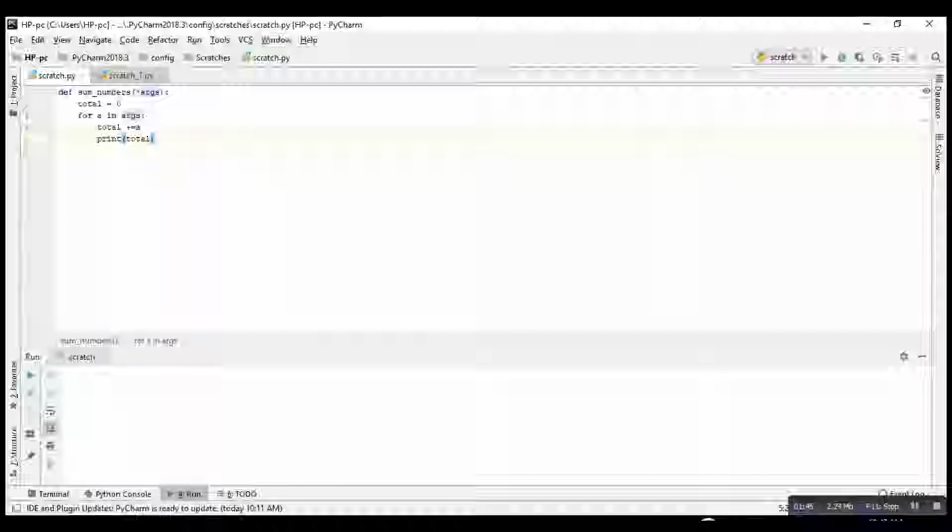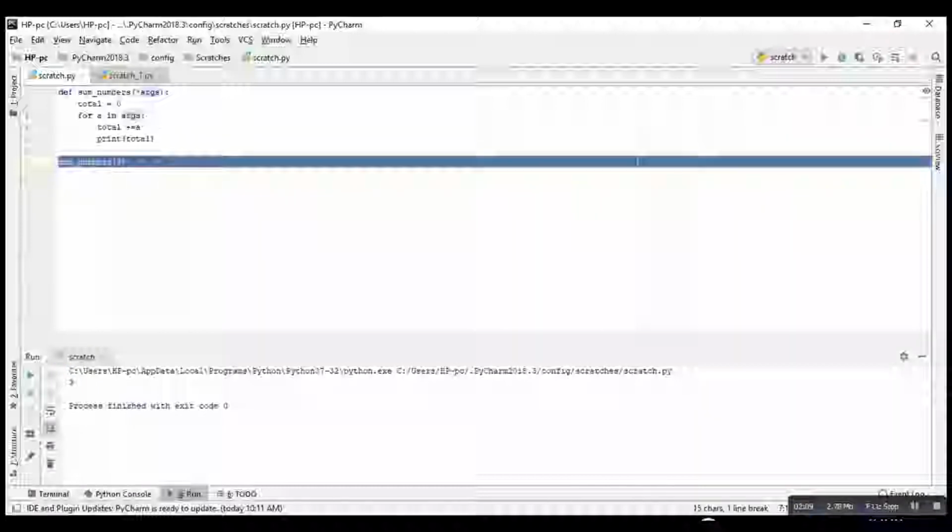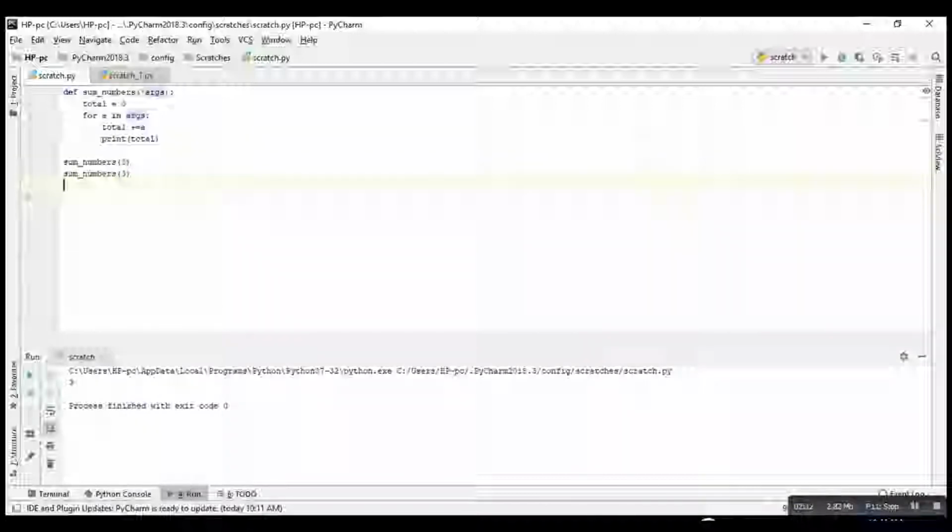And when I'm going to do it, I'm going to say that I'll be adding the numbers, and for example, I put in 3 initially, and I'm going to run the function. It will show 3. So, how many numbers do I want to add? I want to add some other number, for example 40, and then I'm going to add 40 and 45 and see how the results will be shown for the